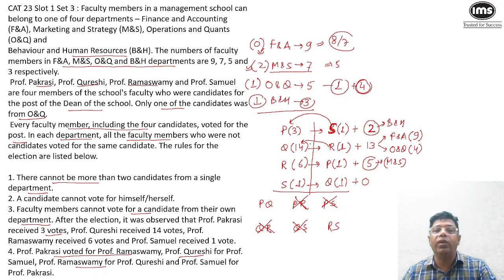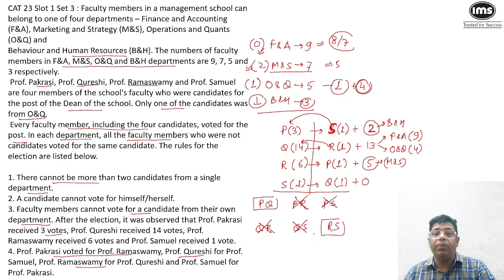R voted for Q and S voted for P. So now P and S cannot be together. R and Q also cannot be together. P and R cannot be together. QS. Now either P and Q both will be from the MNDES department or R and S can be from